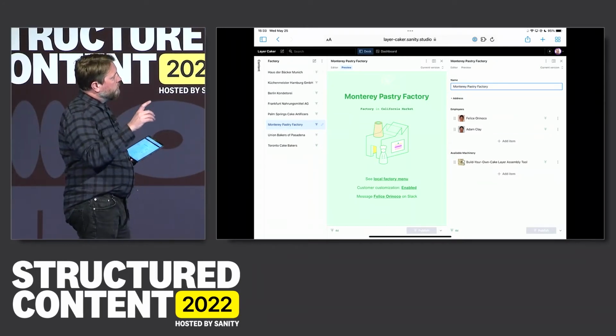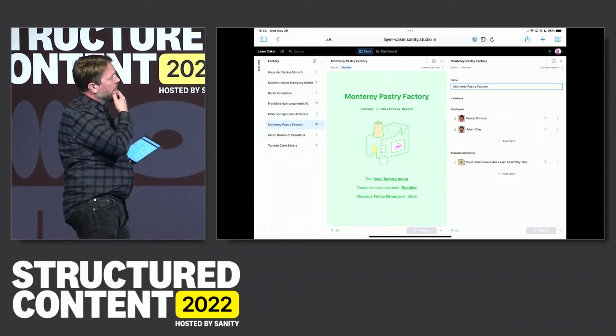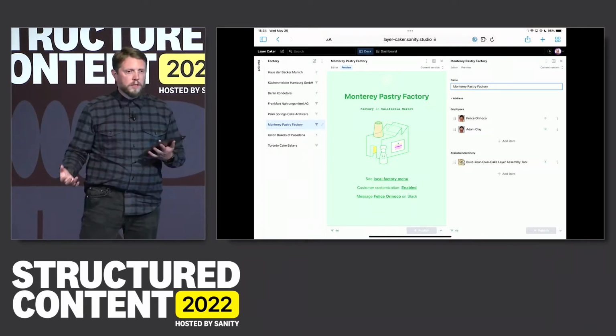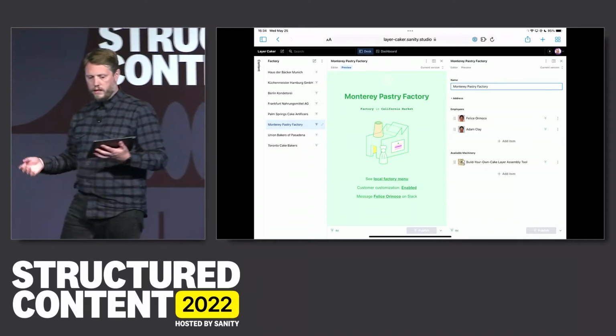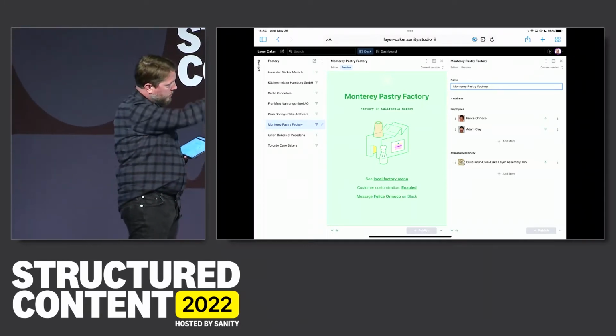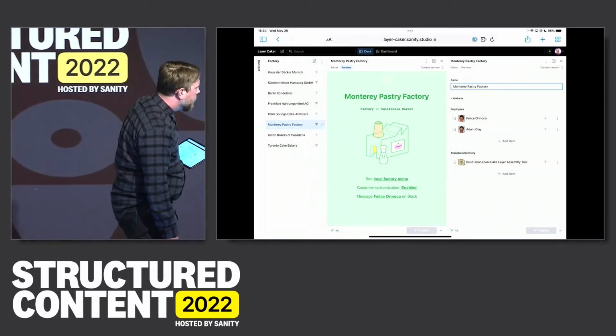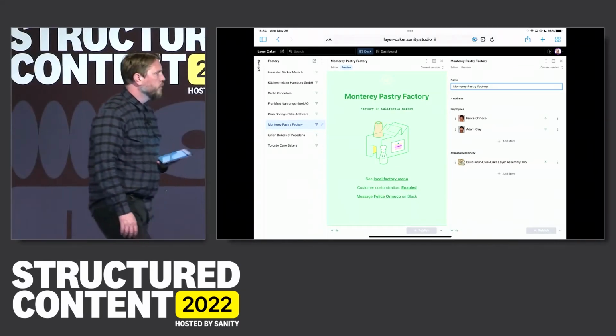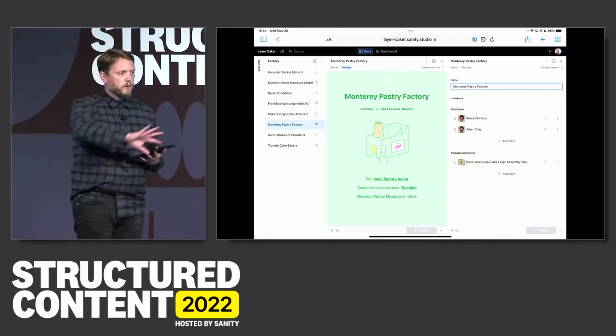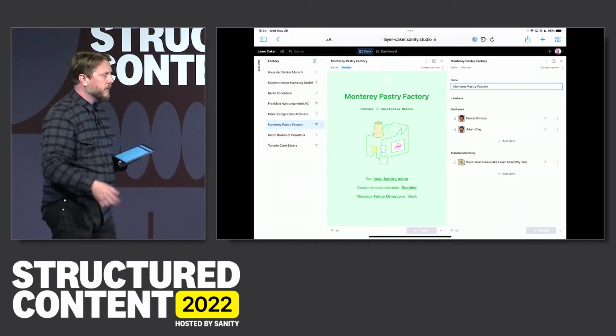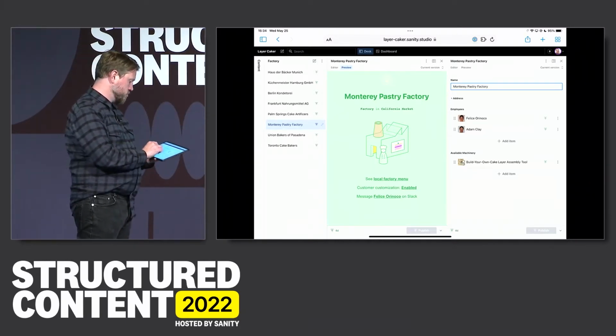Taking what we learned from that community site, we can run some experiments now with structured content. We realized that maybe people want personalized cakes, layered cakes. And now we have this factory. We appear to have a build-your-own-cake layer assembly tool. We can feed it any sort of layer description, and it'll make a cake for us, in the right order. So we launch